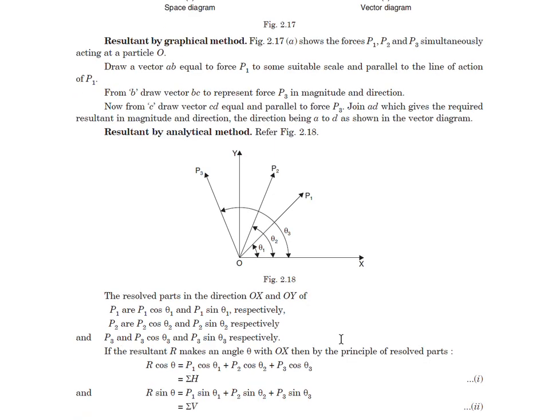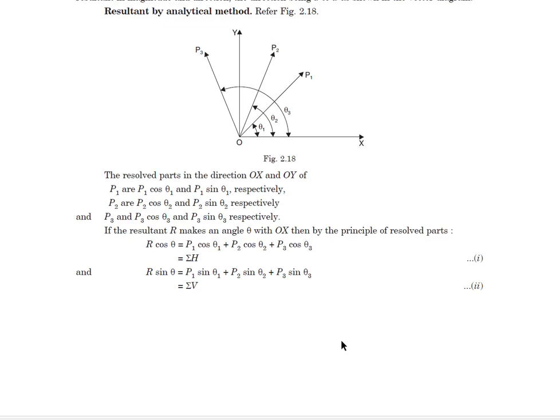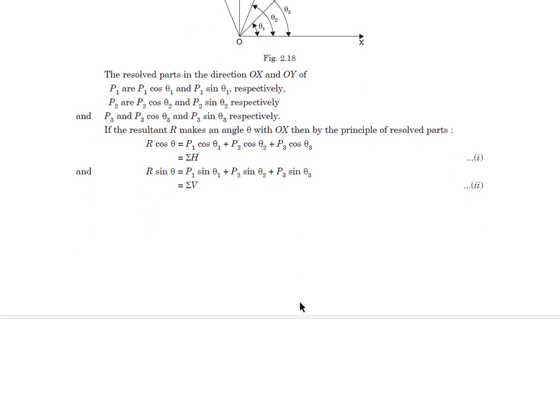The horizontal component of the resultant will be equal to the sum of all the horizontal components of all the forces, say in this case P1, P2, P3, the three forces. Similarly, the vertical component of the resultant is given by the sum of all the vertical components of all the three forces in this case. And if there are more forces, we can go ahead and add all these force components,